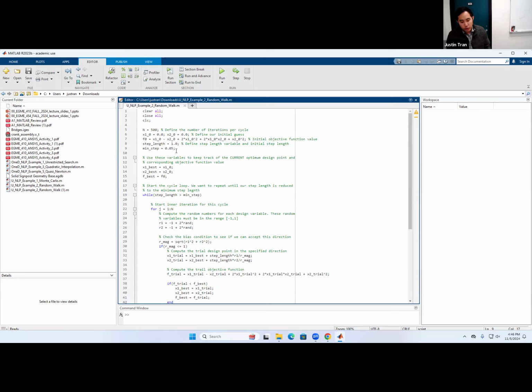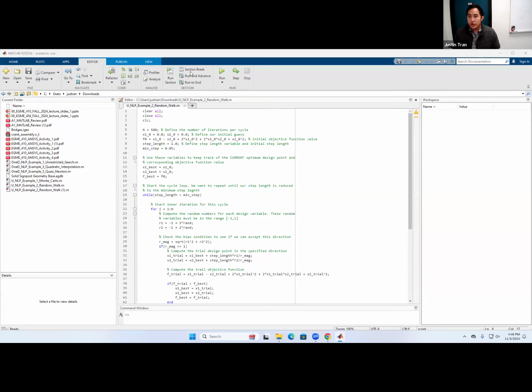Step 2 of the algorithm is to evaluate the objective function at the initial point. Oh, question in the chat, sorry. How does random walk account for local minima and maxima? Could it get stuck when comparing the new step to the old step at a local extrema value? That's a great question. The short answer is that by itself it doesn't. Random walk is one of those algorithms that could get stuck in a local extrema.